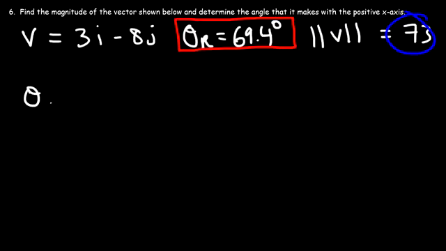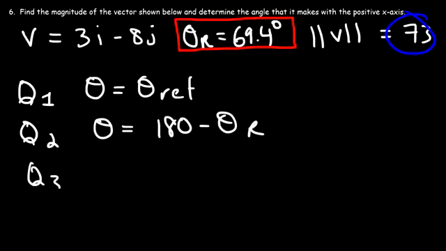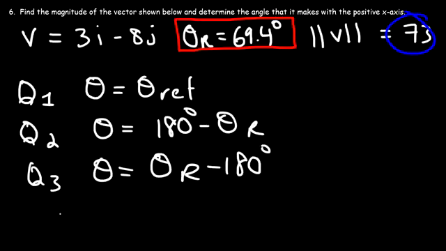So if your vector is in quadrant 1, the angle that you want is the same as the reference angle. In quadrant 2, the angle that you're looking for is going to be 180 minus the reference angle. In quadrant 3, it's going to be the reference angle minus 180. And in quadrant 4, the angle measured from the positive x-axis going in a counterclockwise direction will be 360 minus